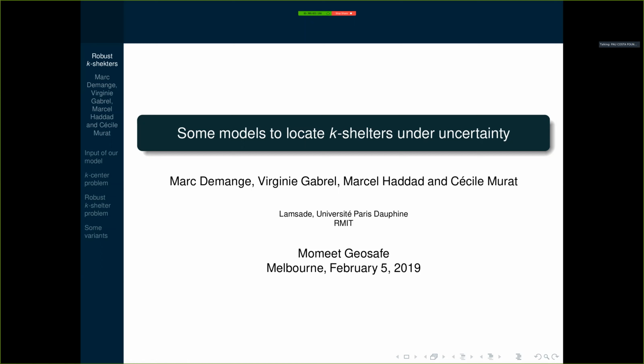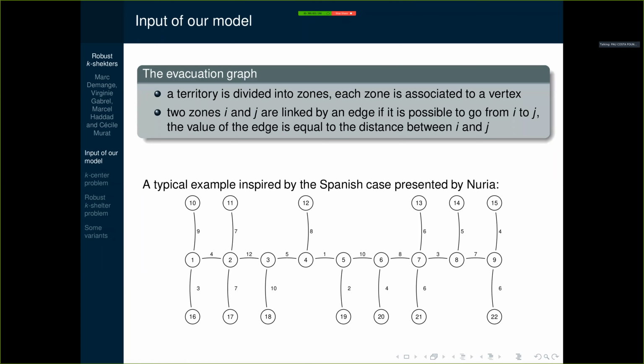to present some models about the shelter location problems in order to have an idea what is a better assumption to take into account here. In this work, we call what is the shelter problem in a classic way. And in this case,